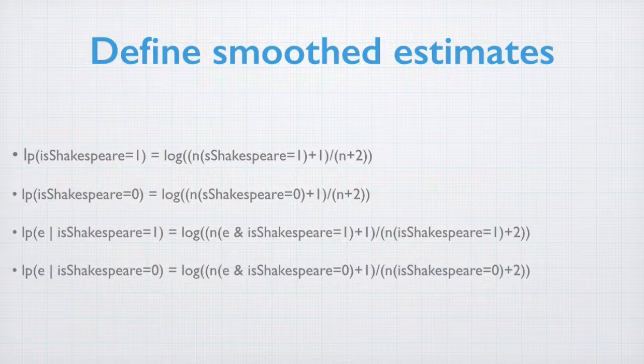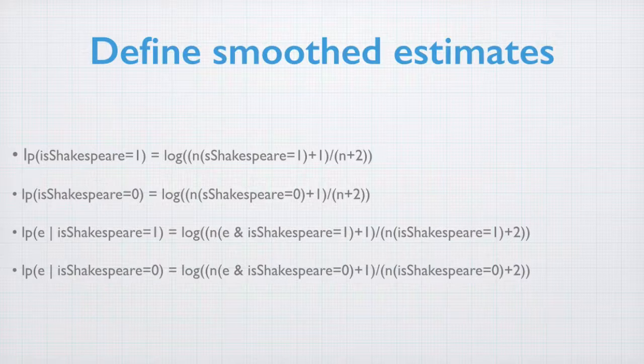For instance, LP is Shakespeare equals 1, think of that as log probability estimate, is defined as the log of the number of documents that were attributed to Shakespeare in the training set plus 1, divided by the number of documents in the training set plus 2. This plus 1 plus 2 is smoothing. It's preventing us from forming 0, for instance, if there were no documents in Shakespeare, and it's also preventing the log from blowing up. We define similar quantities for LP is Shakespeare 0,